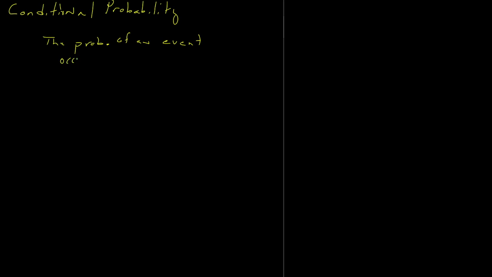And so the notation we're going to write is we're going to talk about conditional probability. So some condition we're going to imply happening. And conditional probability really talks about knowledge. We have the knowledge of something happening. And so we'll say the probability of an event occurring given another event